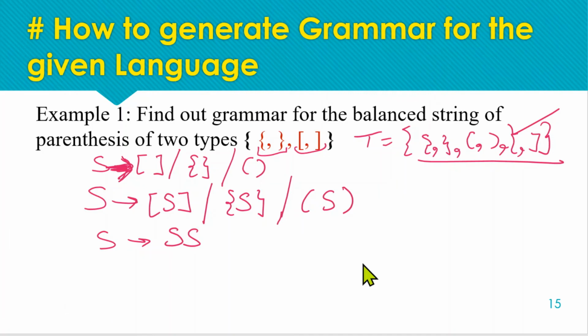So you can generate any string of parentheses from these production rules. How many production rules do we have for this grammar? This is the first production rule, second, third, fourth, fifth, sixth and seventh. In total we have 7 production rules for this particular grammar.